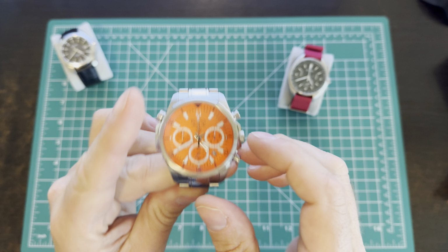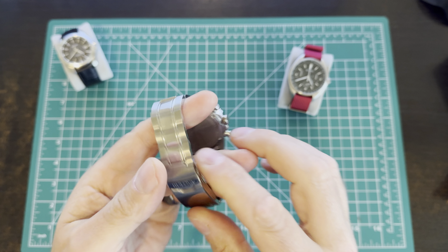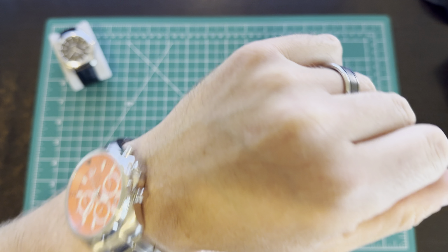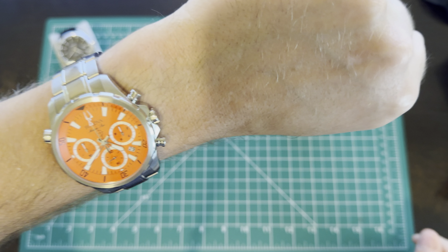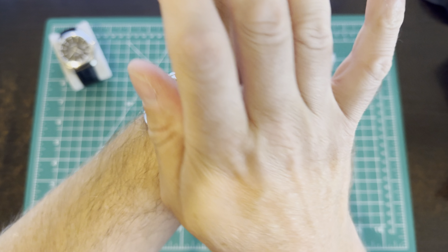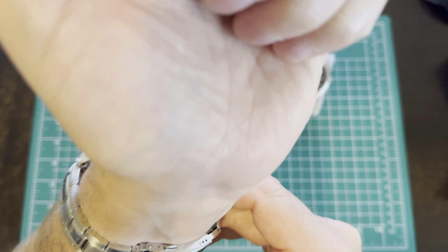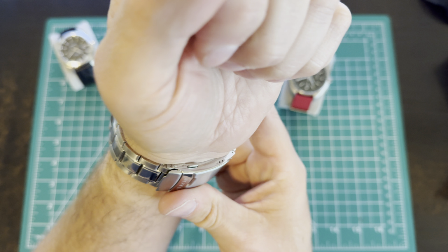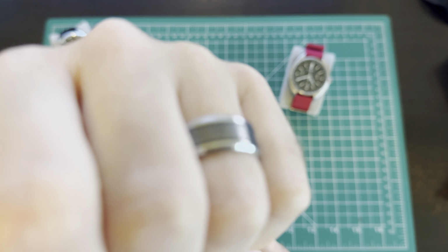I like the white. It's a nice high contrast. The silver looks good. Fit and finish on it is excellent. And that is just a nice fitting, nice looking watch. So I may still have to remove another link because